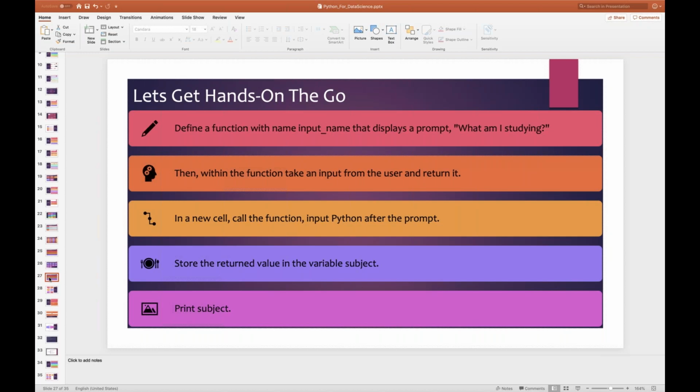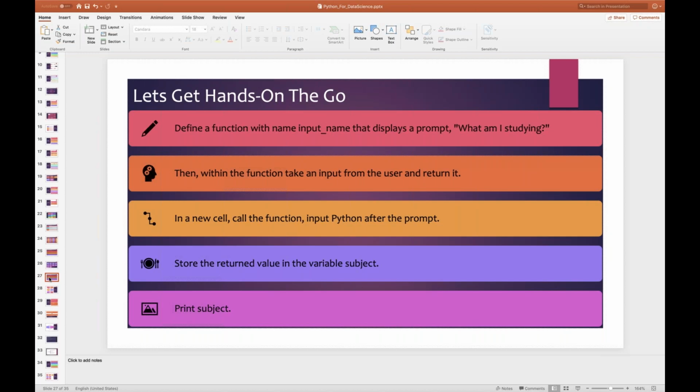First, you are going to define a function. That function will have the name input_name and will display the prompt, "What are you studying?" After that, within the function, take an input from the user and return it. Now in a new cell, call the function, input Python after the prompt, and it should say that I am studying Python.